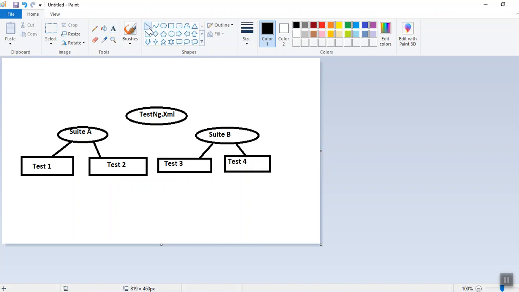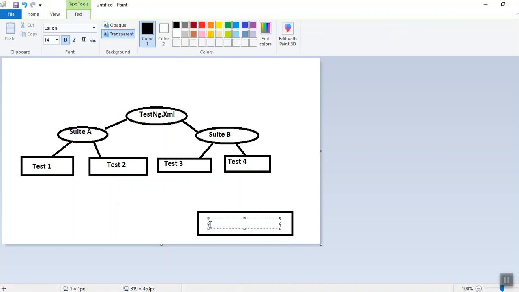So suite A and suite B are both controlled by testng.xml. Now we will have our Excel file. What will the Excel file have? The Excel file will have run modes, whether yes or no, that tell us whether we need to run that test case or not.